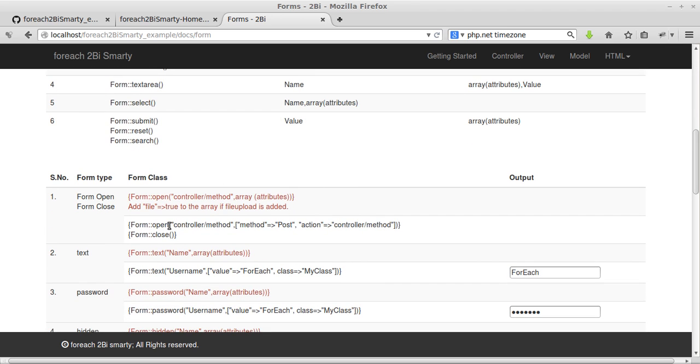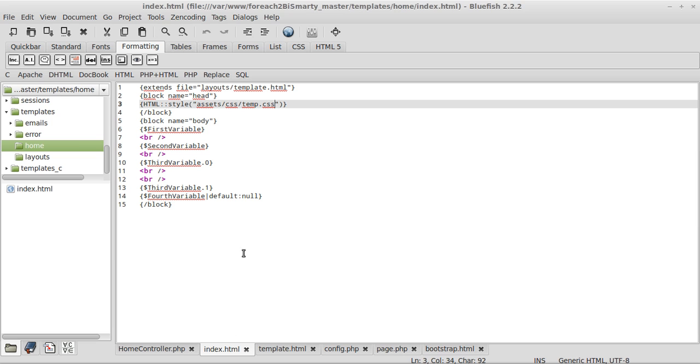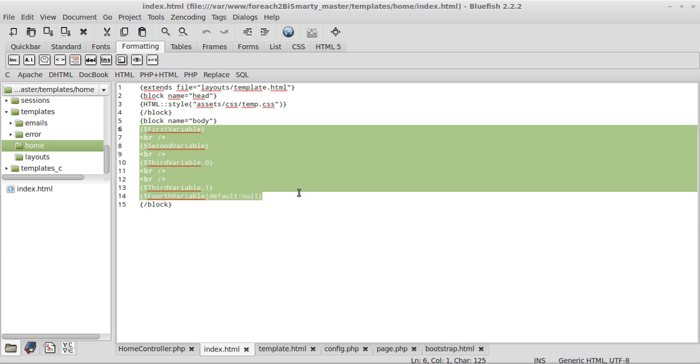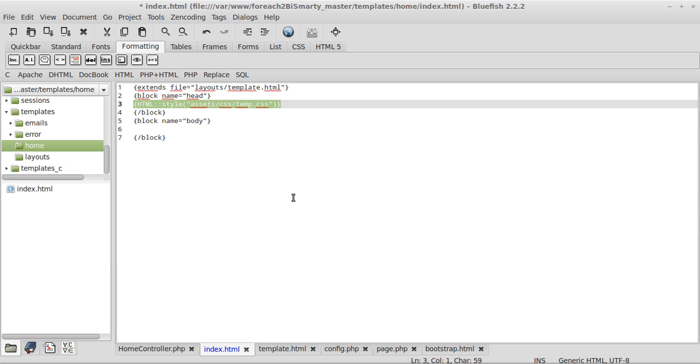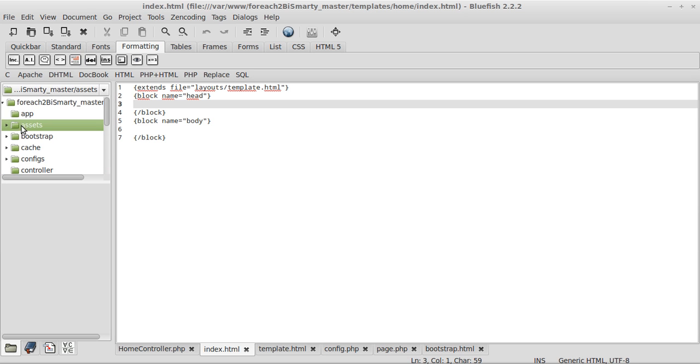So let's start our file. Form open, index.php. We will just remove it. We'll add some CSS file, so it looks better. So we'll go to assets, CSS,